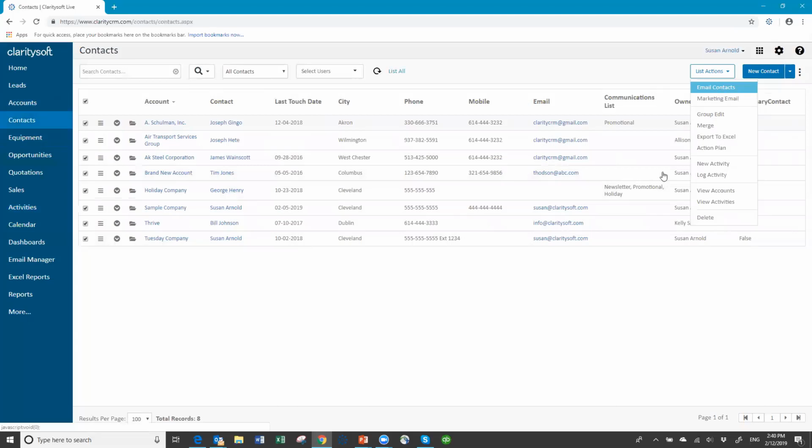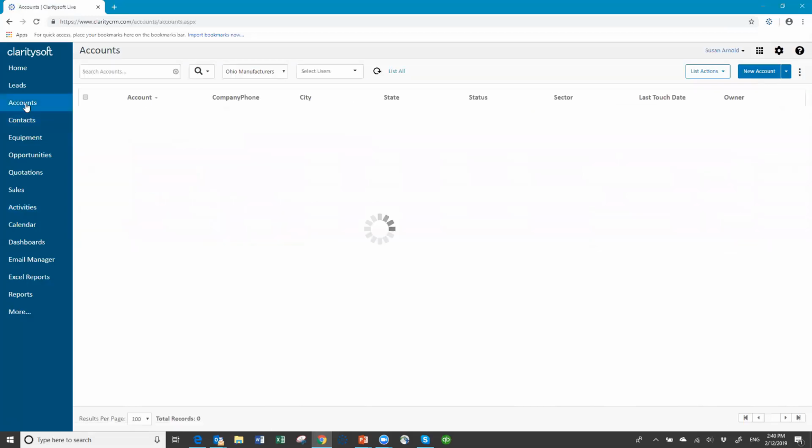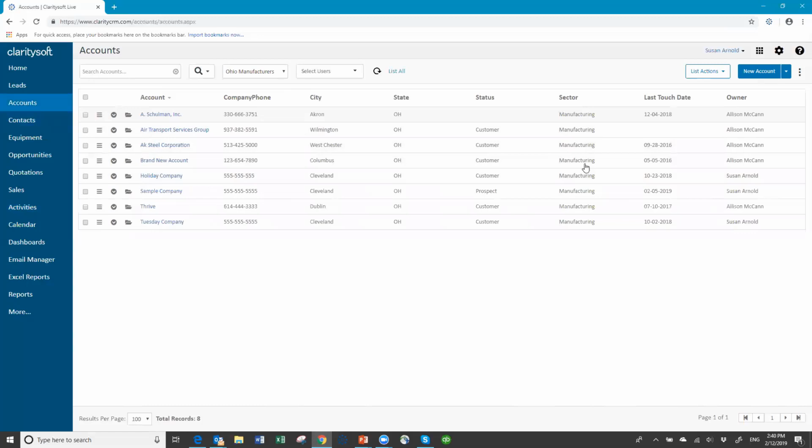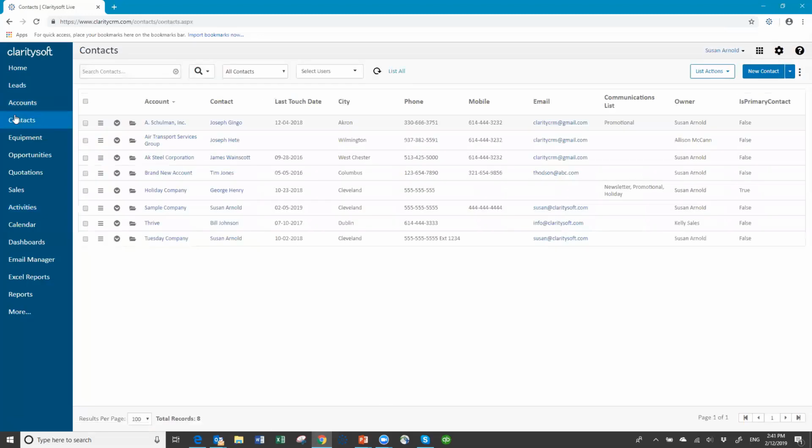Email. So again, you can see now that there is some use to these filters, not just looking things up. You can go do things with the filters once you've run them, because you can jump from one place to another. It becomes helpful, especially maybe in the accounts module where you might have a category type field like manufacturing, but you don't have that same field in your contact record. So you can find all your manufacturers at the account level and then select them and go to your contact level. Or vice versa. You can search in the contacts, and then once you search in the contacts,